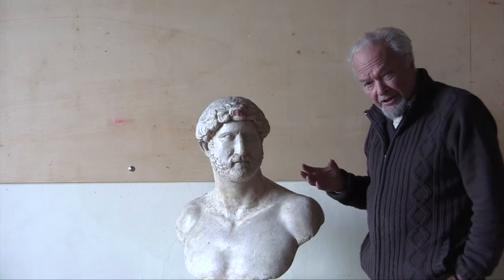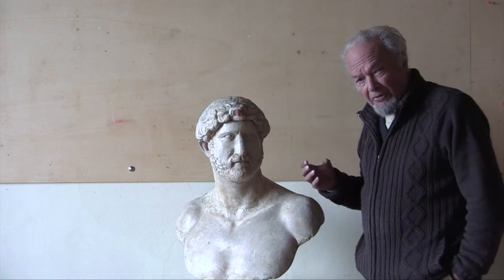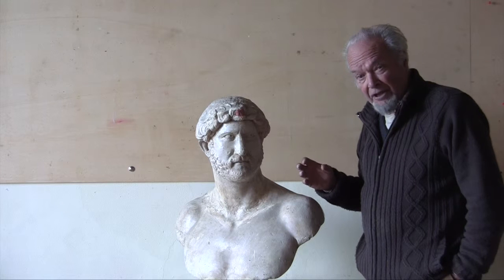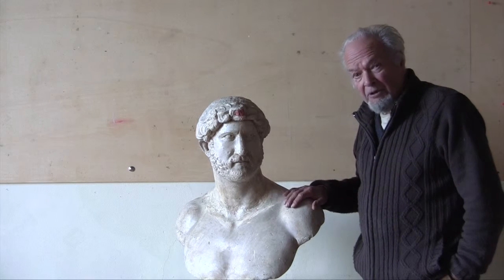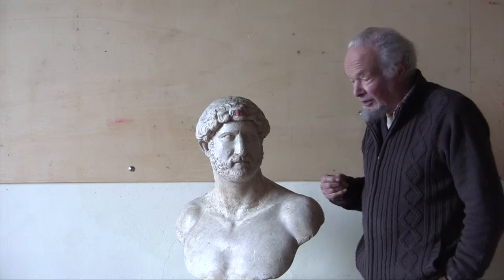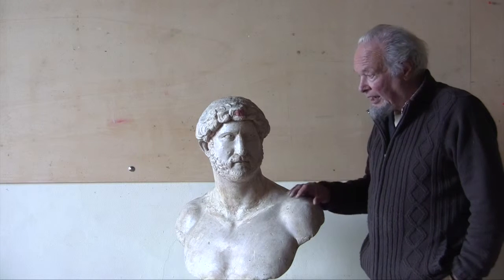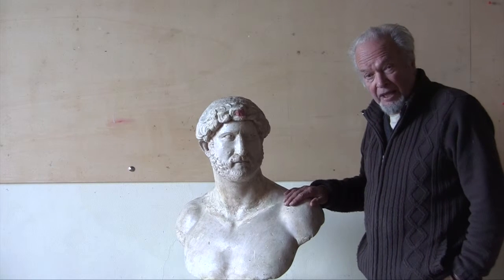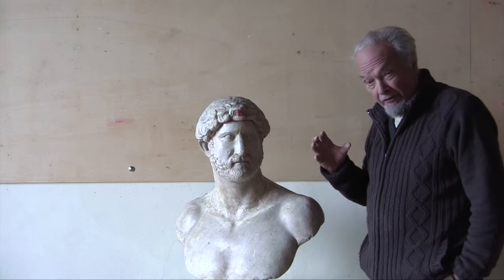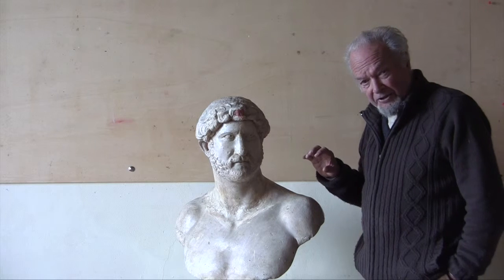And the whole idea of this is to show how the business of copying, probably from a terracotta original that would have been a portrait made from the emperor himself, worked. Probably as many as 50 copies of that likeness would have been used in one workshop in order to have it always looking more or less the same. And the point of this is to show how the geometry of copying has influenced artists, not only sculptors, but